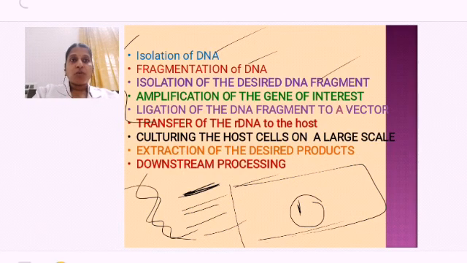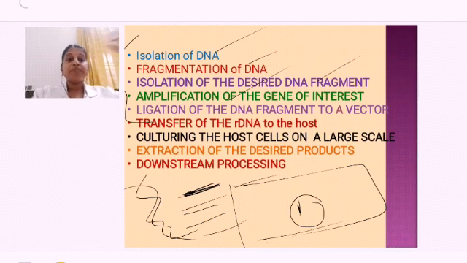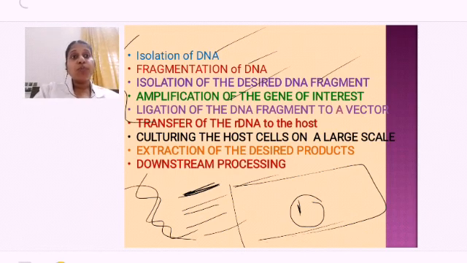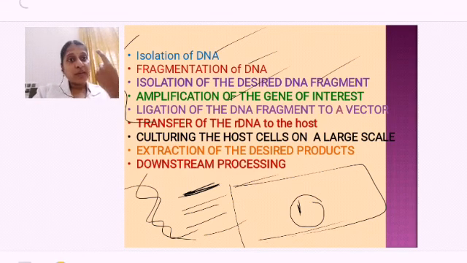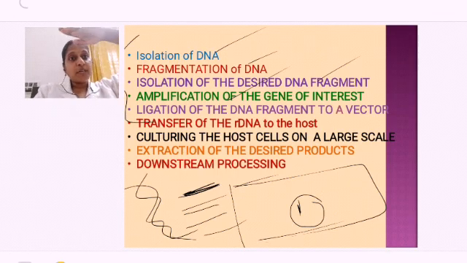That process we call it as what? Amplification of gene of interest. Amplifying, making many number of copies of that foreign DNA. Why do I want to make many number of copies? Because if I do it with one, and that one is spoiled or destroyed in any of my processes, in that case again I have to start from the beginning,